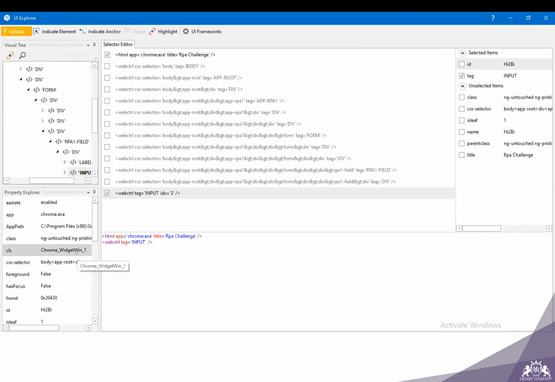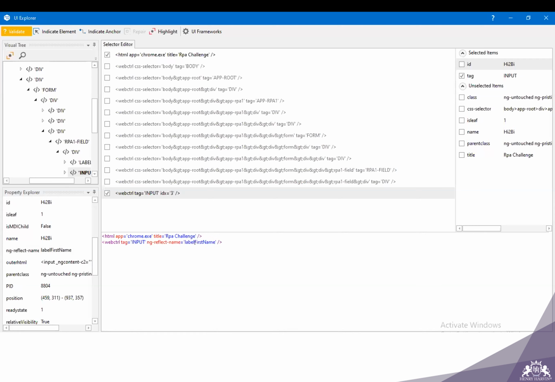The option which is easy to understand is ng-reflect-name. So instead of the IDX, I'll write ng-reflect-name equals to label, and this should be kept inside single quotes.